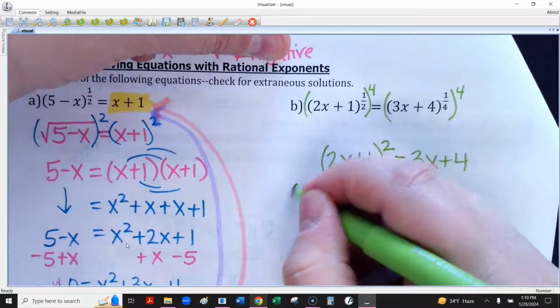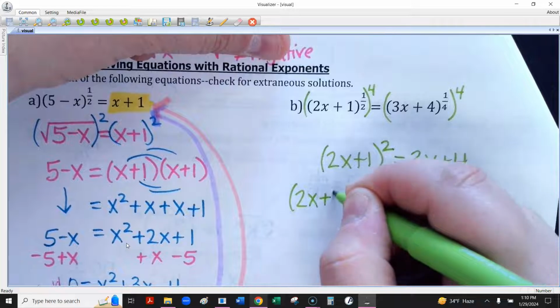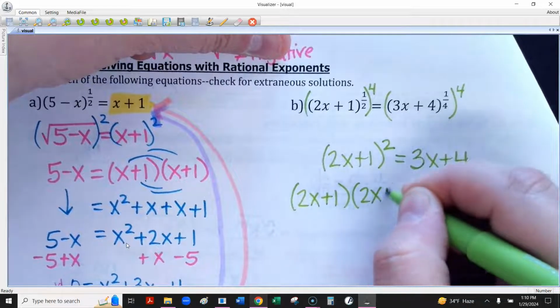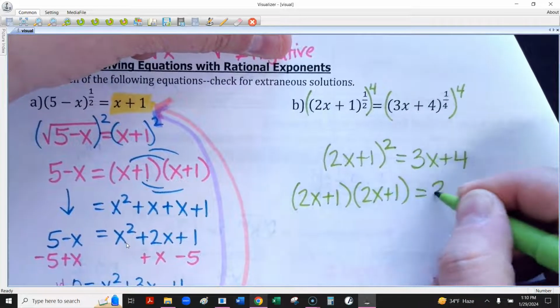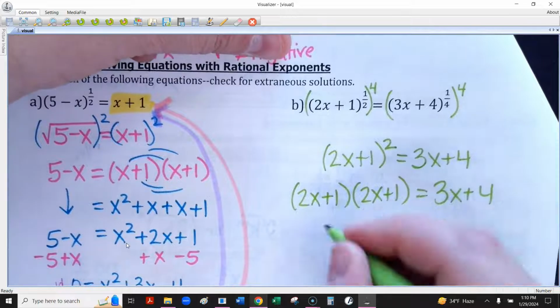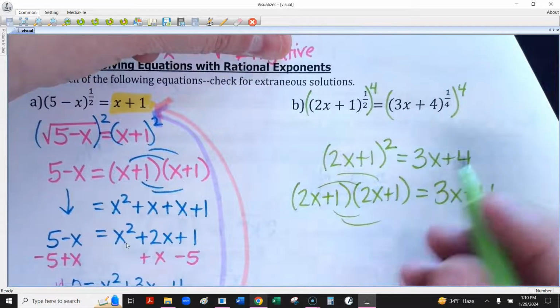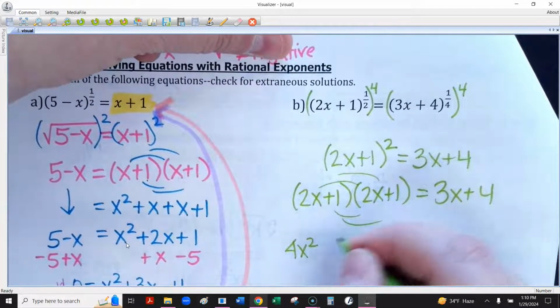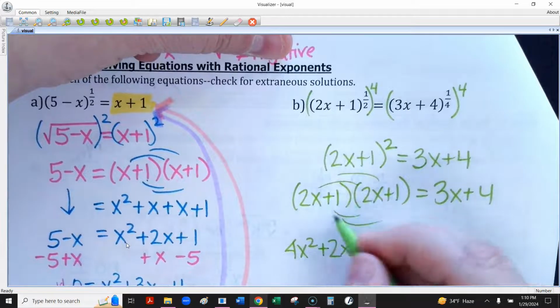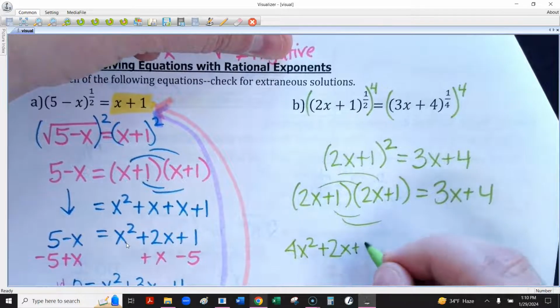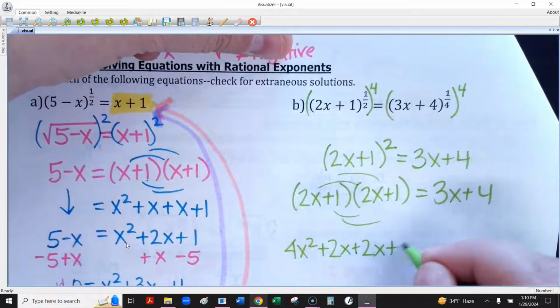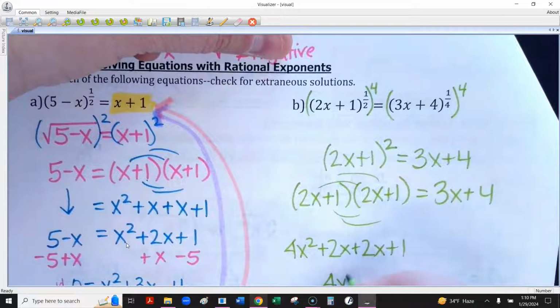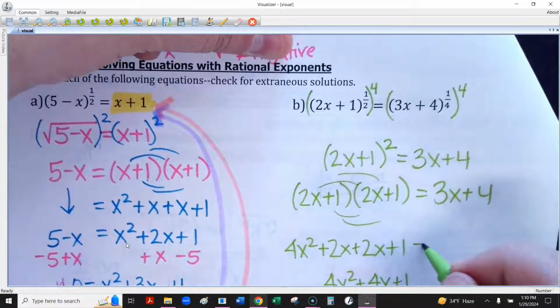Now what we need to do here, remember, don't distribute if you've got adding or subtracting inside those parentheses. We've got to do a little FOIL on this question. So I'm going to multiply this out. 2x times 2x is 4x squared. 2x times 1 is 2x. I'm going to turn around and get the same thing. 1 times 2x is 2x. 1 times 1 is 1. So I have 4x squared plus 4x plus 1. And then just bringing this down,